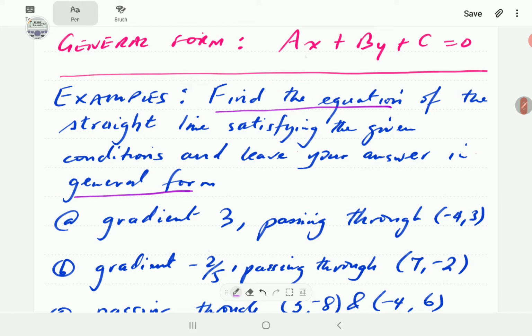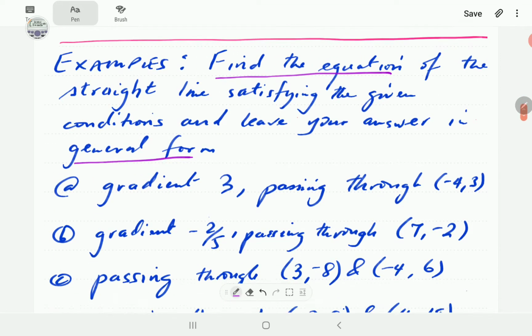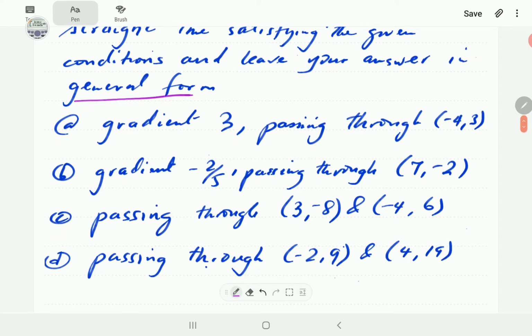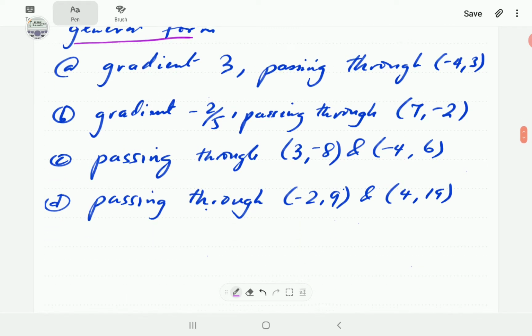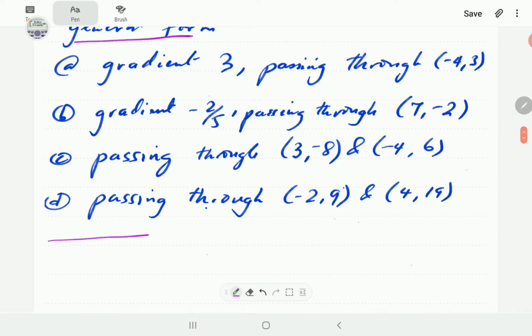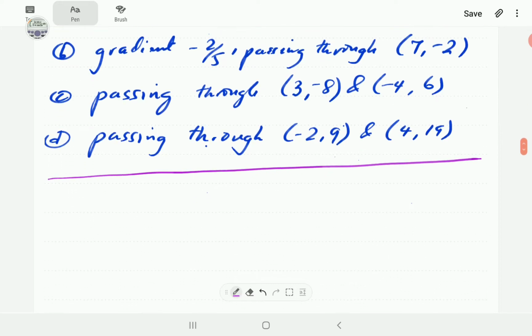So remember, that's the general form up there. So in the first example, we have got a straight line with gradient 3. It's passing through negative 4, 3. The